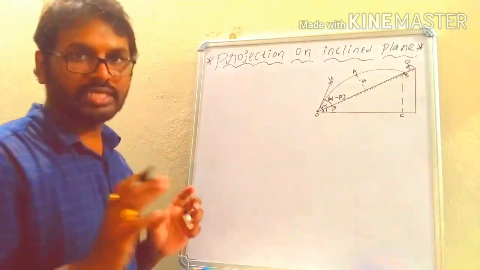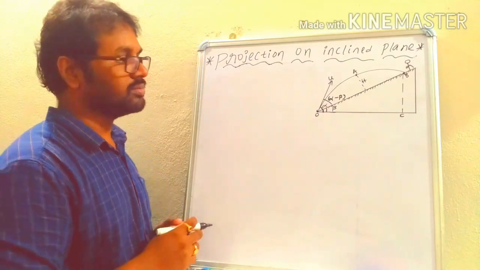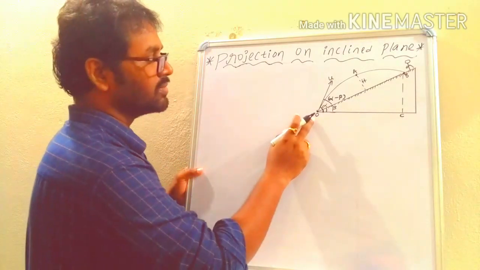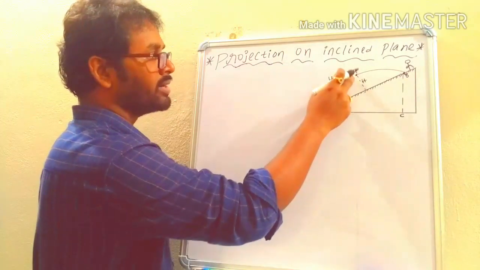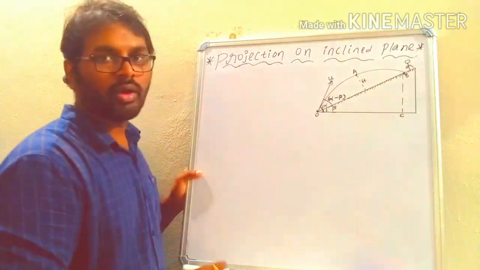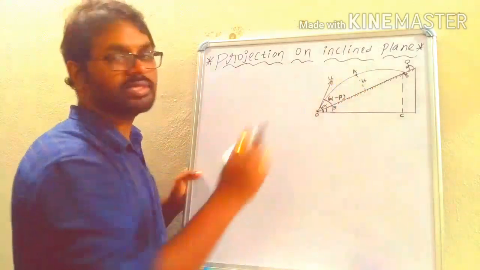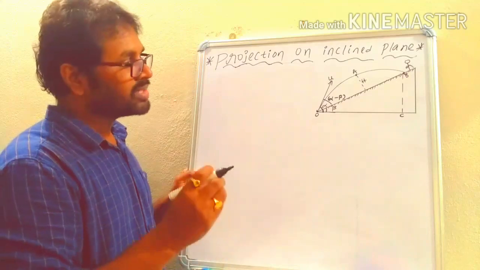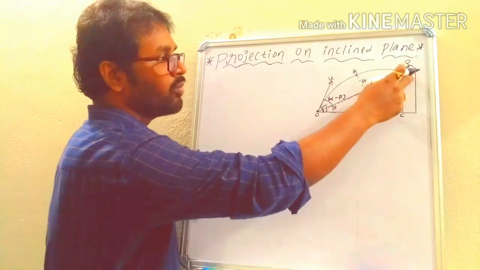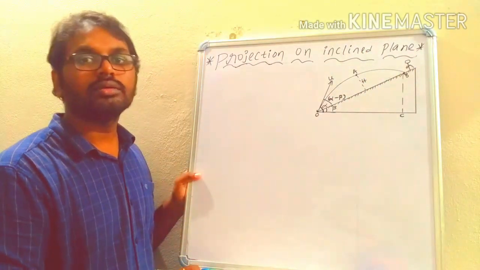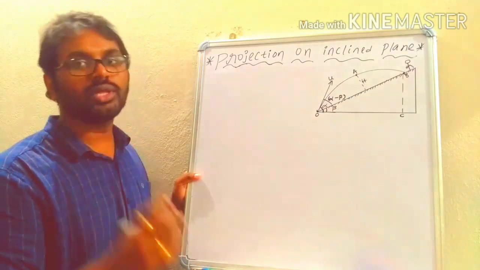As this particle is projected, it will follow a particular path called a parabolic path because of gravity. You can see it starts at O, after some time it reaches the point A, and at the end it reaches the point B. Where the particle finally lands on the inclined plane is named the point B. How much time is taken by the particle to go from the initial point to the final point? That time is called the time of flight. So the first parameter we need to find is the time of flight.